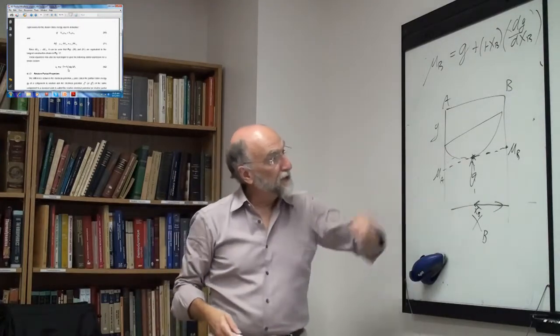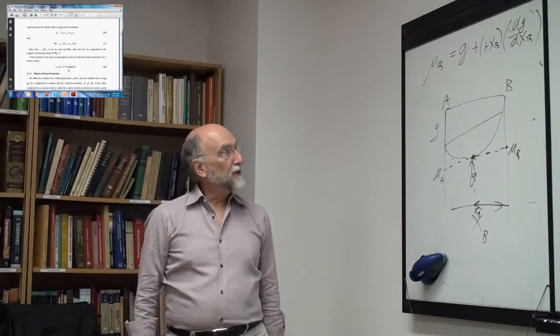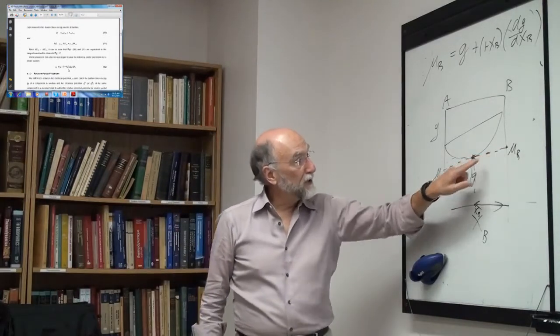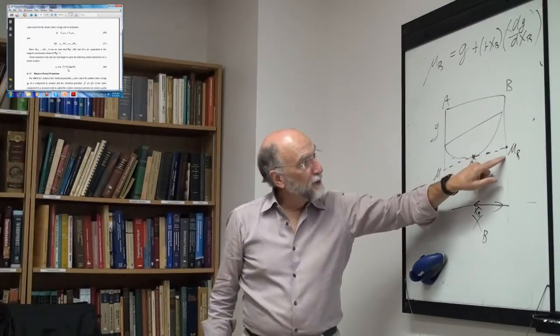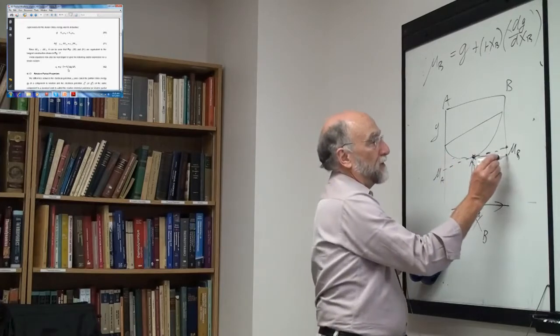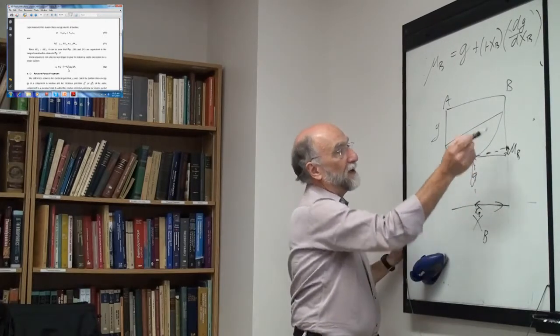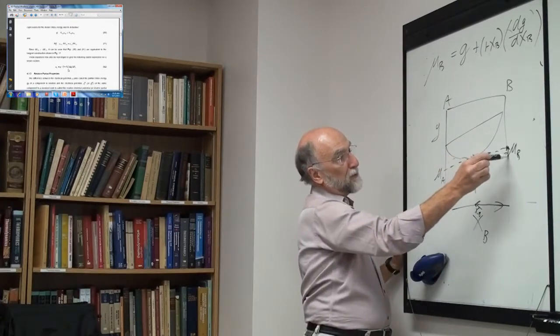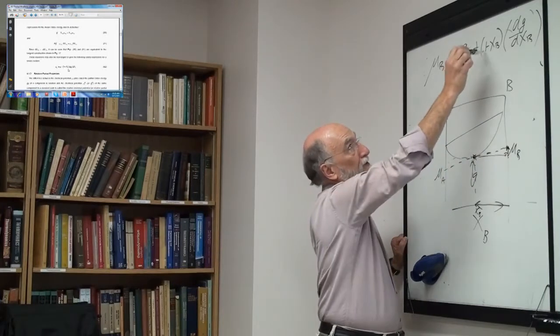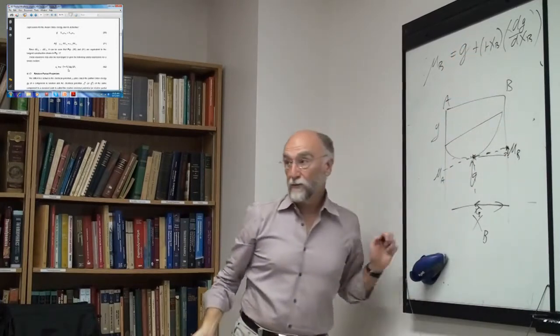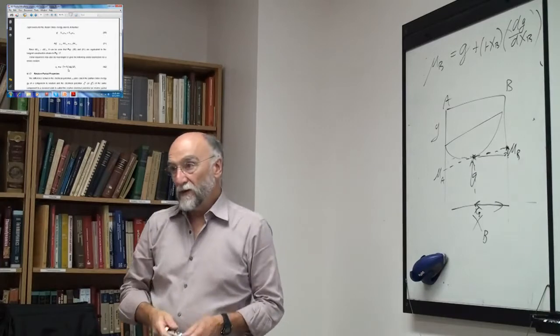Okay, it's because it's a tangent. Okay, so I think that's obvious that the chemical potential here is equal to here, plus, you draw this over here, this distance here. The chemical potential is equal to G plus this distance, and this distance here is 1 minus XB times this one. Okay, so that's another way of